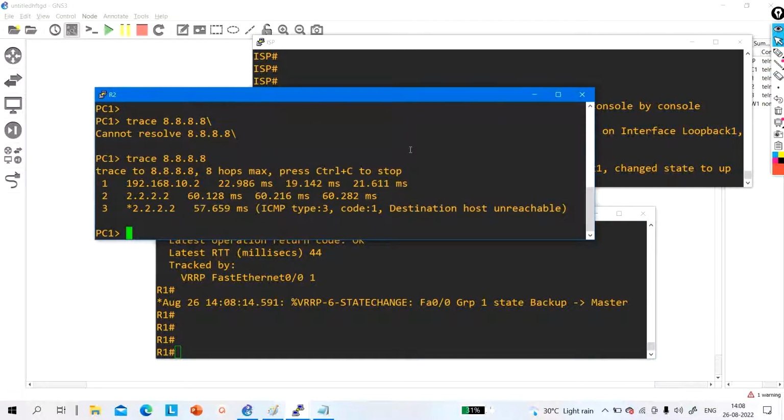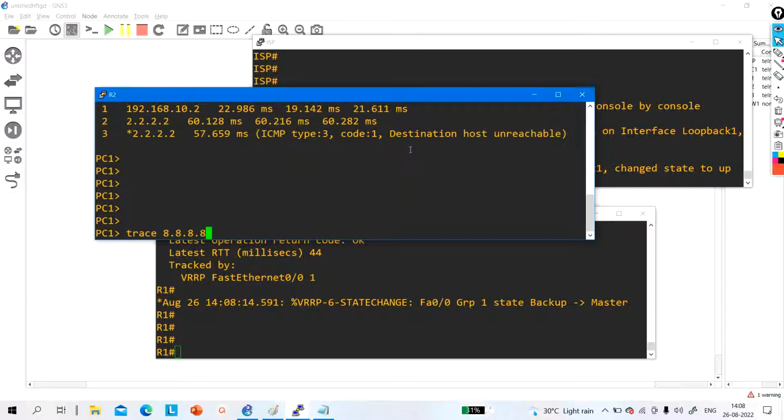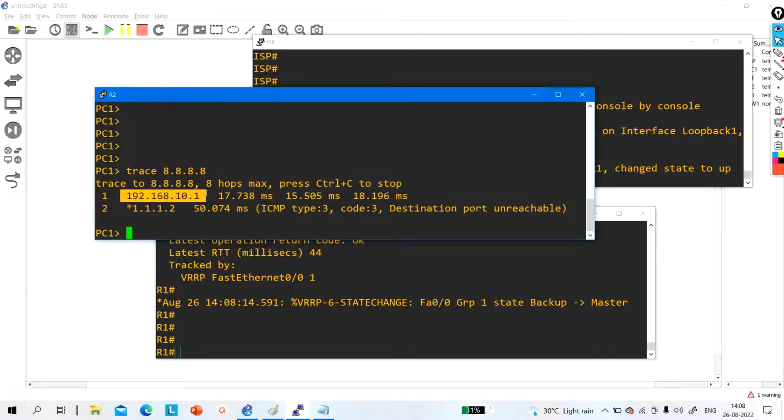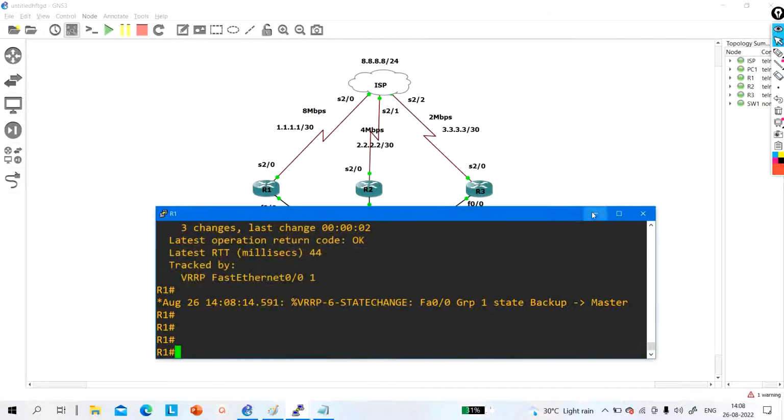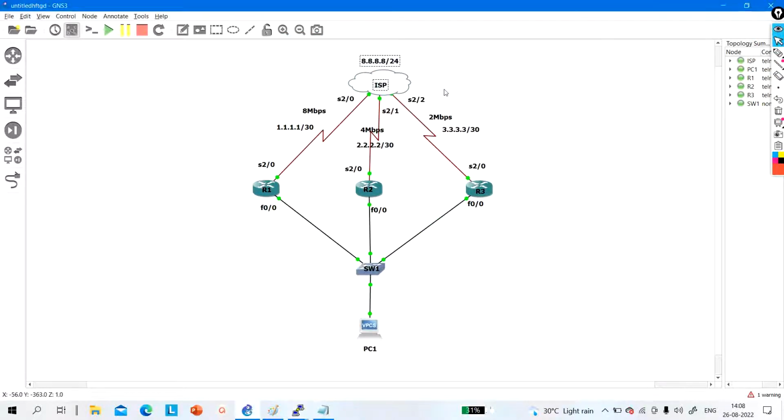So again if you trace 8.8.8.8, you can see all traffic is going via router 1. Okay, so no problem. If ISP goes down, or if this link goes down, this port goes down, no problem, router 2 will become active. This is track in VRRP, and by default preemption is enabled, so that's why when router 1 comes up, it will become